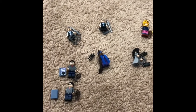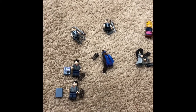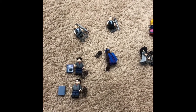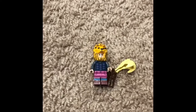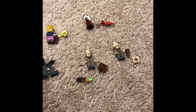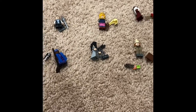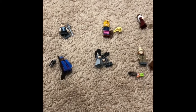I am collecting this series, and I almost got every single one. I'm only missing a Ron Weasley, but it has 2 Grip Hooks, 2 Harry Potters, a Kingsley, a Bellatrix, a Luna with the Gryffindor lion mask, a really cool minifig, another Dumbledore, and then both Fred and George. I did not have Fred and George, I did not have Luna, I did not have Bellatrix, I didn't have Kingsley, and I didn't have Grip Hook or this Harry Potter, so I added to my